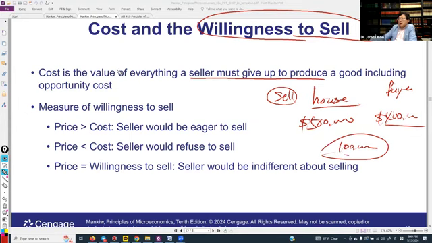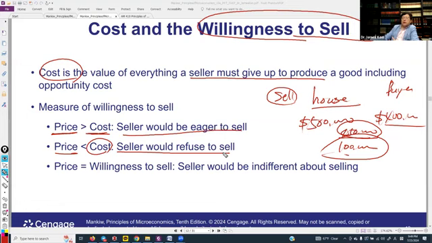The seller negotiates, and finally it is $450,000. Is it less than 450? The buyer wanted less, but the seller says no. It's the borderline. Is that the meaning of cost? If the price is more than the cost, the seller would be eager to sell. But if the price is 450 and that is the cost,